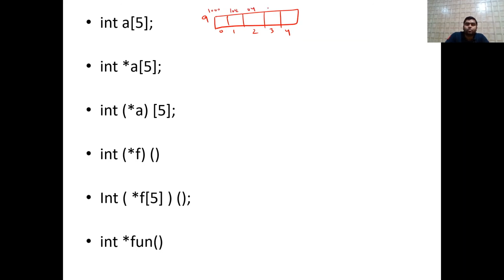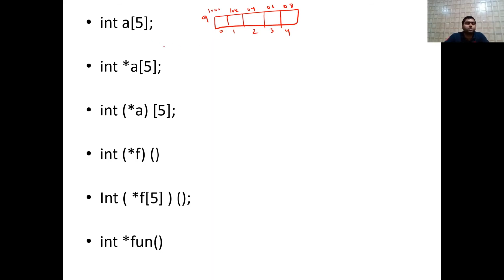Okay, now there are a few statements, and we are supposed to observe very carefully what is going on inside, and we are using it again and again. So this is an array of 5 integers, as simple as that, like 0 1 2 3 and 4, like addresses 1000 1002 1004 1006 and 1008.